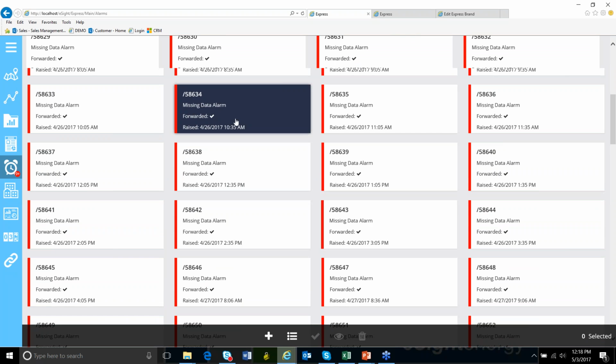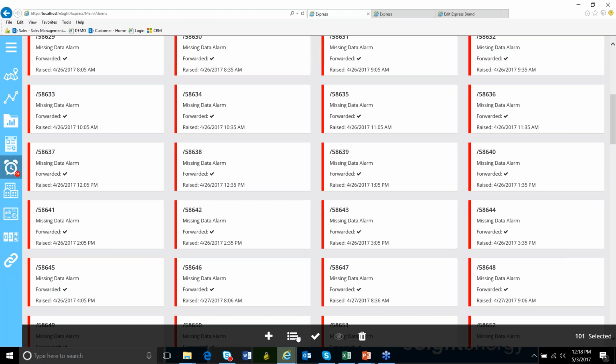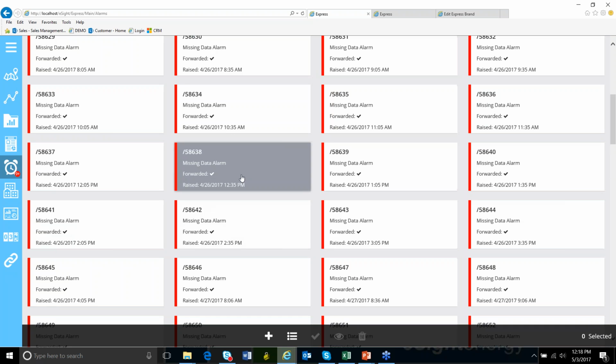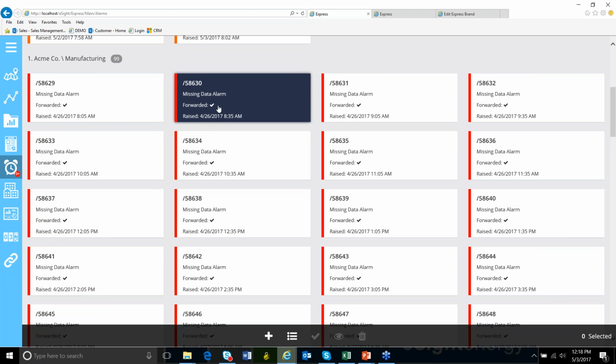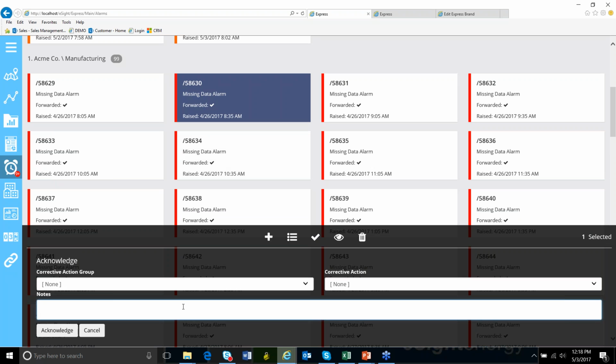If you wanted to see an alarm, you have two different options. You can click on it one time to select it, or with the option on the menu bar, you can select all of the alarms at once. For example, let's go ahead and select this missing data alarm. By pressing this view icon, you're able to see more detailed information about the alarm. If you wanted to acknowledge this type of alarm here, you would click on this check mark acknowledge icon, and you can give it a note, such as